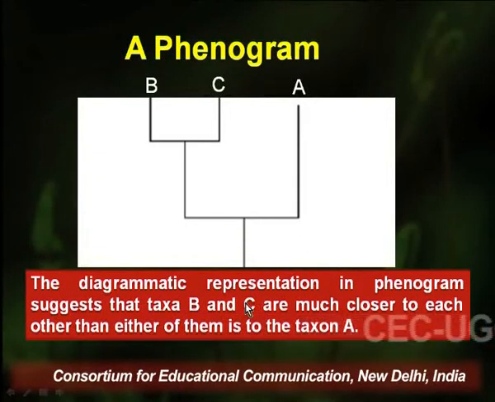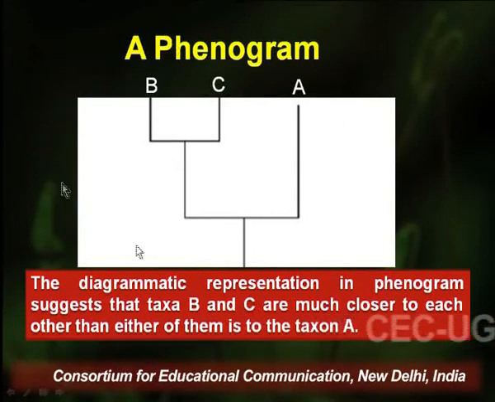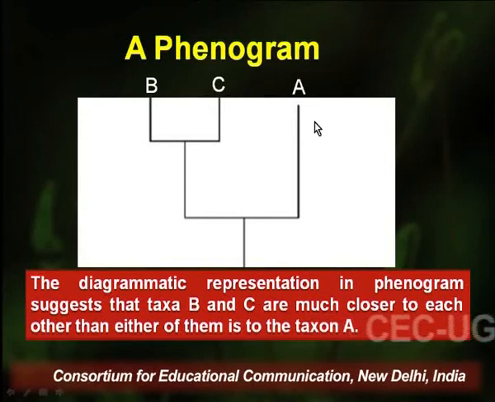Although they come from a common ancestor, based on the 3 attributes 1, 2 and 3 which we studied, we can definitely group them in this manner and create a phenogram where B and C show similarity and are placed closer to each other, and they are less related to A in comparison to each other. Now, a phenogram can also exhibit a number of taxa relationships based on a large number of characters. So, the more the characters, the better is the analysis.